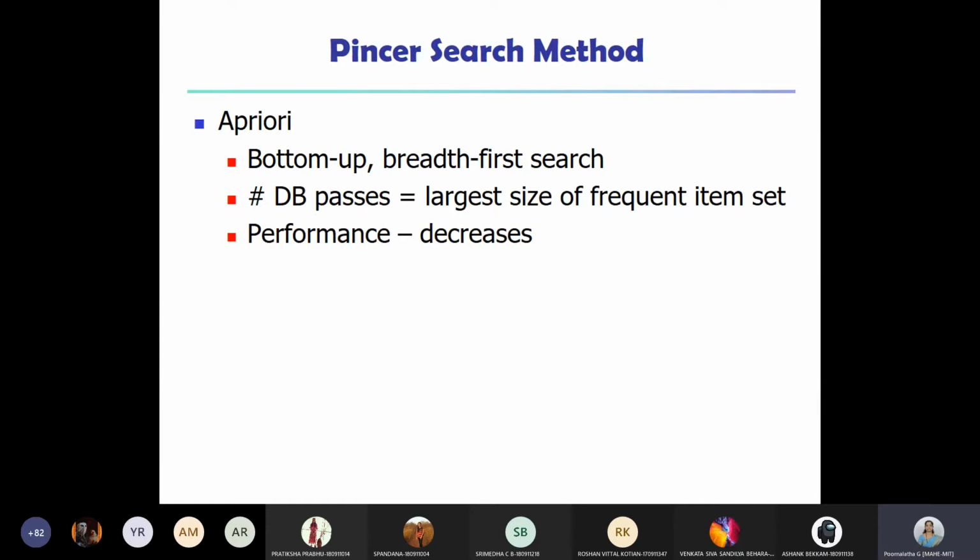So we started the algorithms which help us in finding the frequent items with the apriori algorithm. So as you all know, by this time, it's a bottom up or breadth first search algorithm. We start with all the one item sets, then two item sets, then three item sets, and so on. So here the number of database scans or database passes depends upon the largest frequent item set available in the database. Suppose the largest frequent item set is 10, in that case we would have performed 10 plus 1, that is 11 database scans or 11 database passes. And because of this the performance decreases.